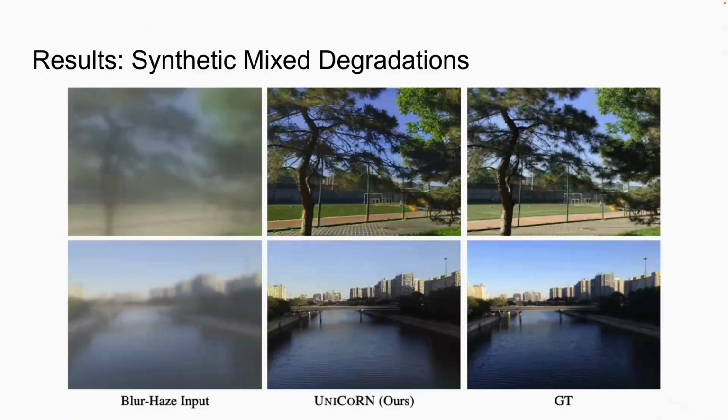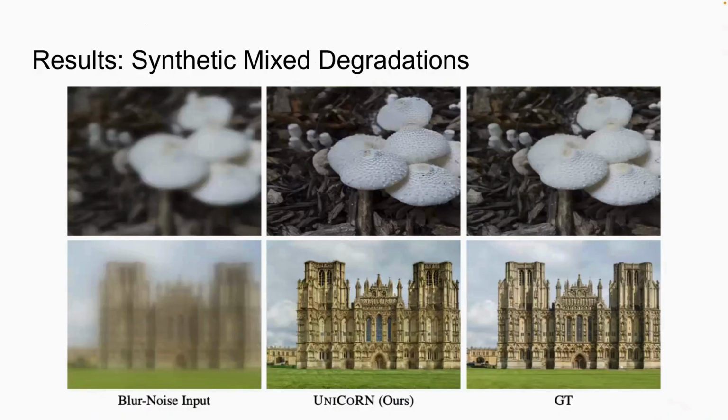Here are some examples for this. We have this blur plus haze input, and we see how the model is able to preserve the color, preserve the structures, preserve the patterns and everything from the original image. And this example is a personal favorite here, where you see that this blur and noise has completely disintegrated the structural information with its edges and all. And our model was able to recover all of these intricate edges and patterns and colors inside this architecture in a very faithful manner. And we see the same for the above image as well.